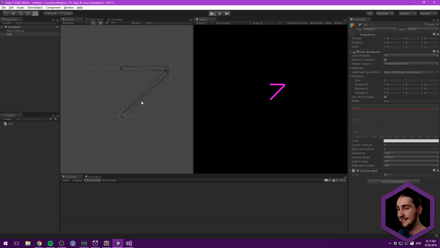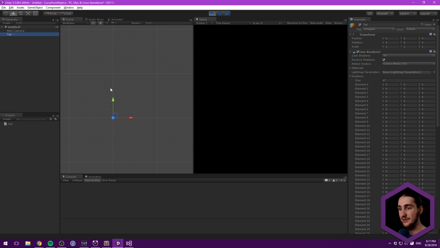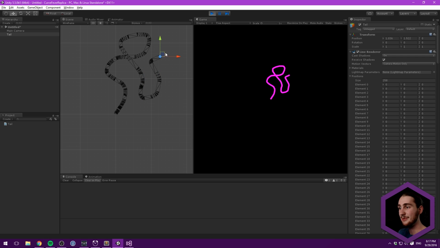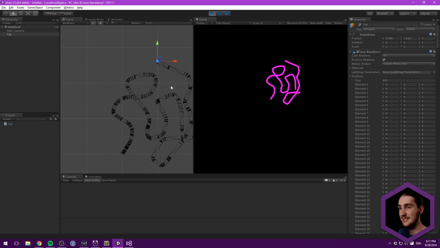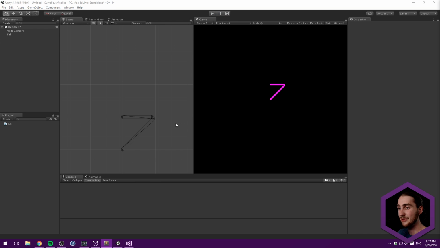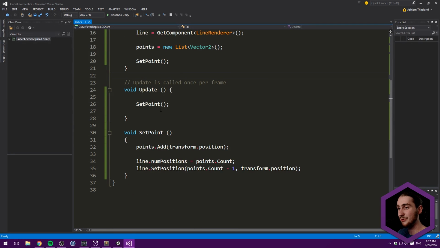So if I hit play and try and move around this tail here, you can see that it sets a bunch of points, but this is really way too much. You can see our positions array just going completely nuts, and once it goes this far, you can see some weird behavior starts happening. So let's control this a little bit, and we do that by going in here and